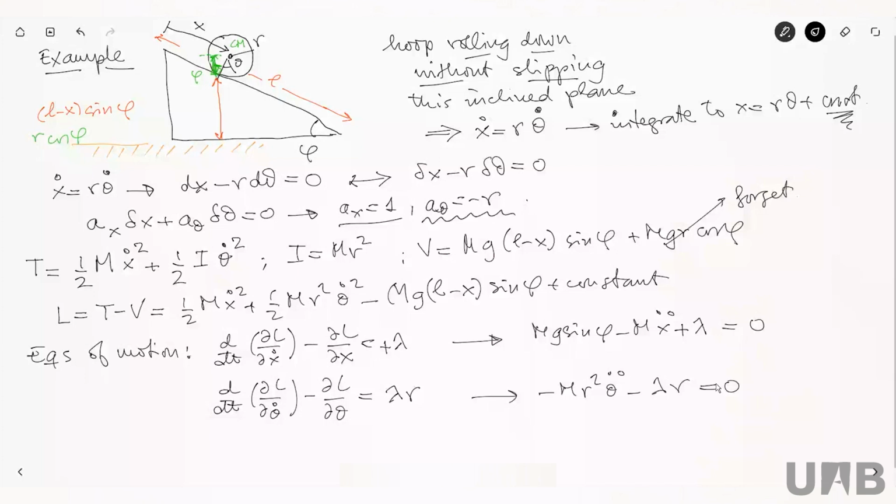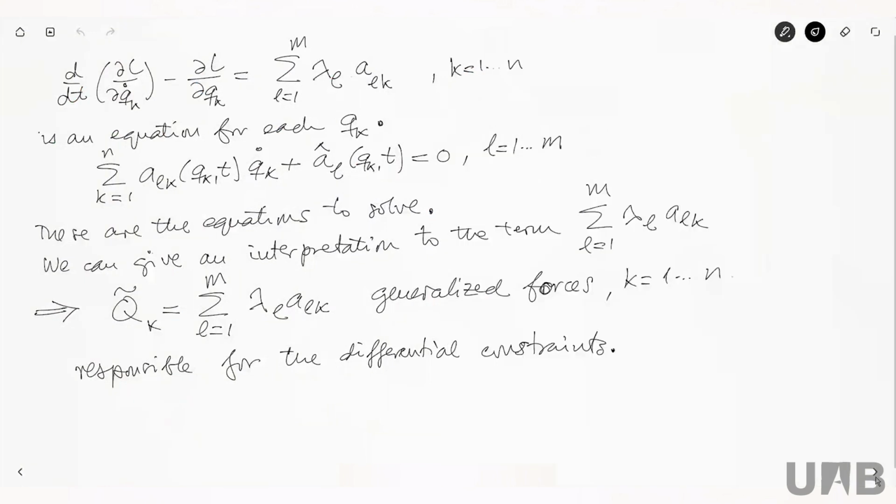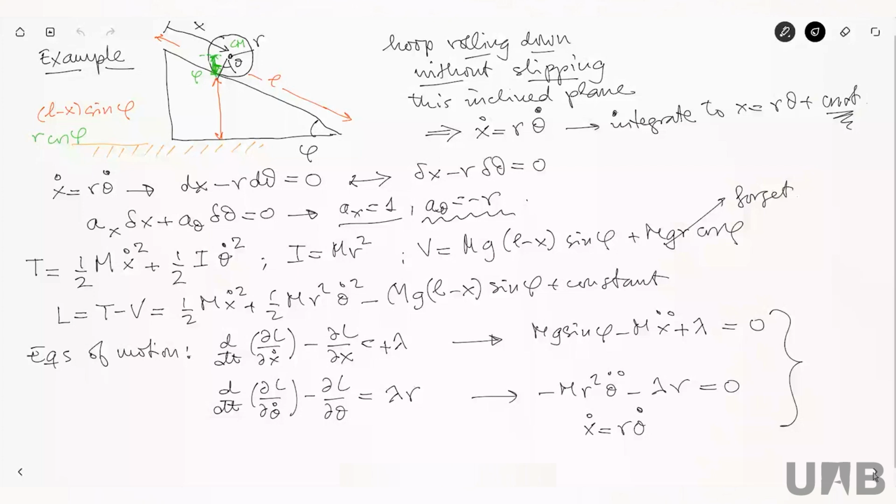So I have these two Euler-Lagrange equations with the one Lagrange multiplier because there is only one constraint. And then I also have the constraint, of course. The constraint x dot equals r theta dot. And these are the three equations that I have to solve. Okay? Any questions up to now? So I'm just copying in these two Euler-Lagrange equations, the result that we had in general here. Exactly the same. Any questions before I start solving this system, which is not going to be very hard?